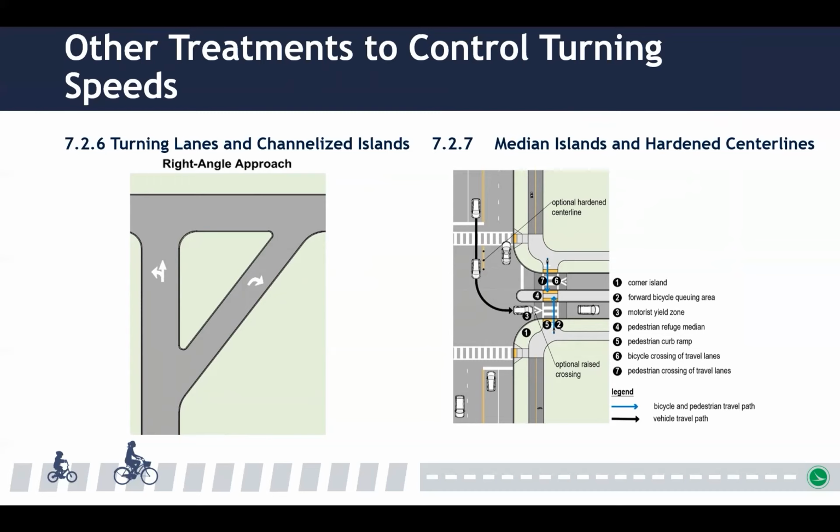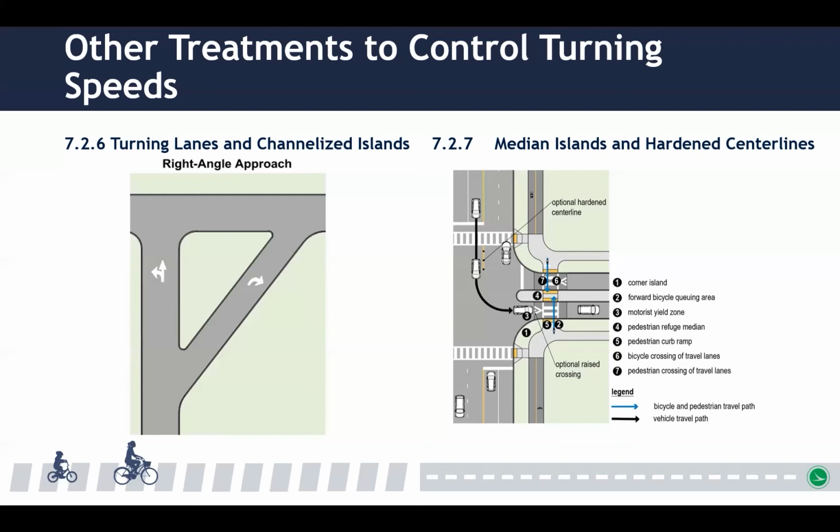Chapter 4 discusses how a raised median island can be used to provide a pedestrian refuge space to cross a major street. In that situation, a minimum of 6 feet is required to accommodate a pedestrian or bicyclist waiting to cross the second portion of the street. When less than 6 feet in width is available, designers can still provide a center median, also known as a hardened center line, to channelize and slow the speeds of left-turning motorists as they prepare to cross the path of